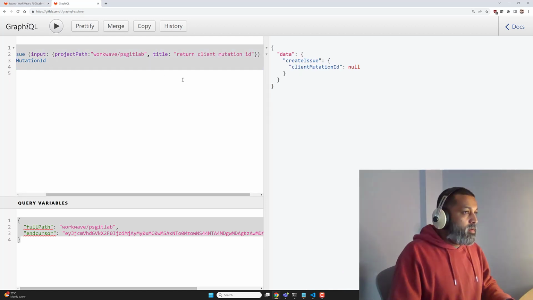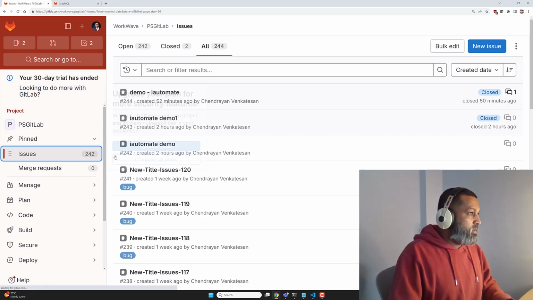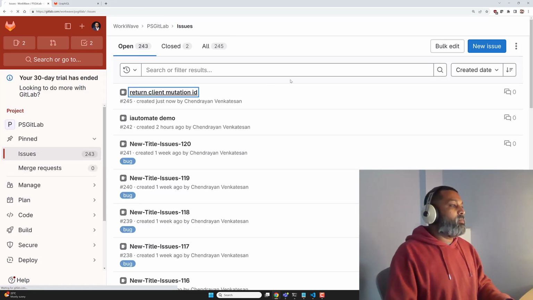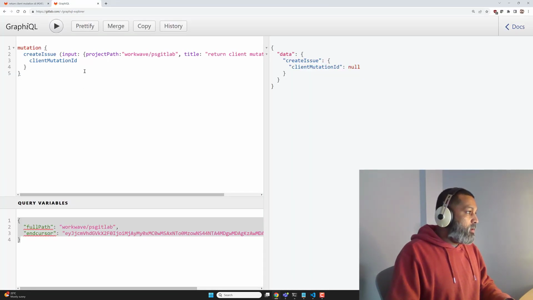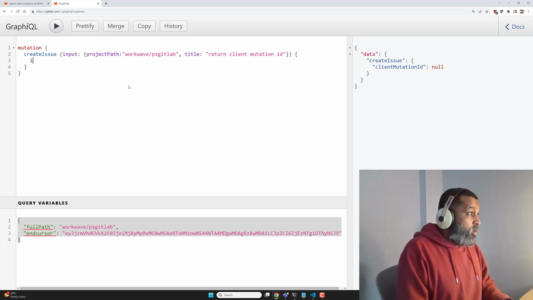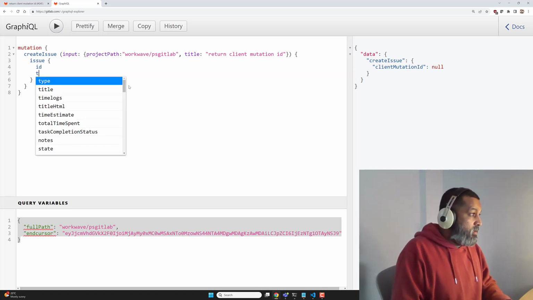It gave me null. I don't know. Let's see what happened. Did it create any issues? Yeah, it created the issue, but it didn't return me anything. But I don't see an error or any problem in this. But I don't prefer doing it this way. Instead, what I do is I do issue and then type ID, title,